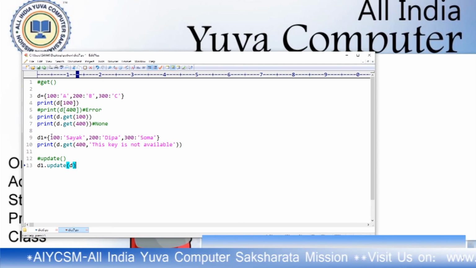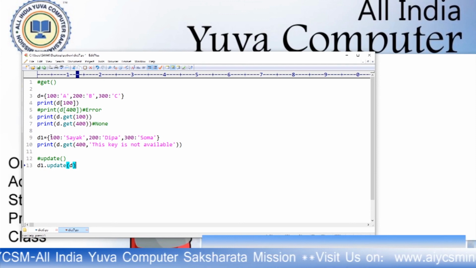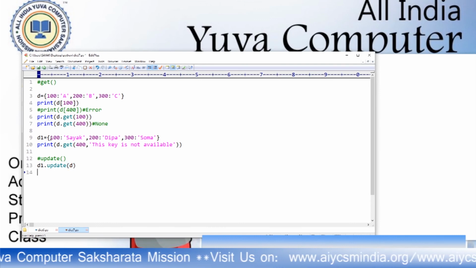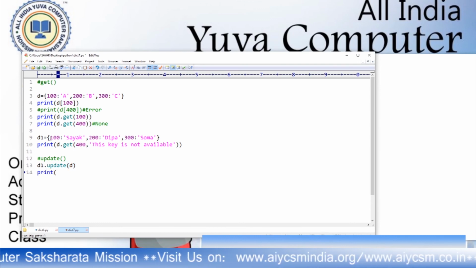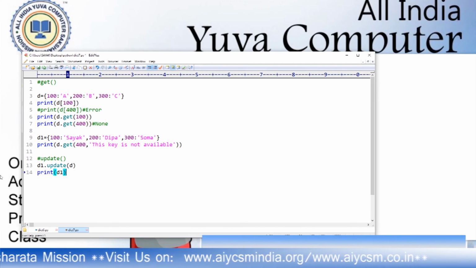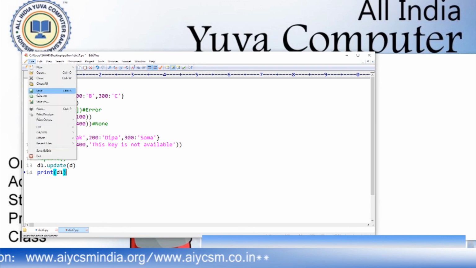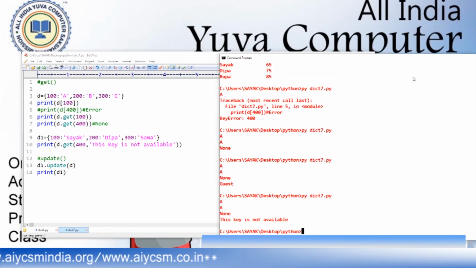Now if you print D1, you will see all the values from D added to D1, and now I print D, so you will see how many values D1 has.